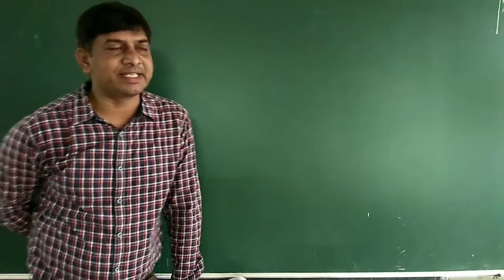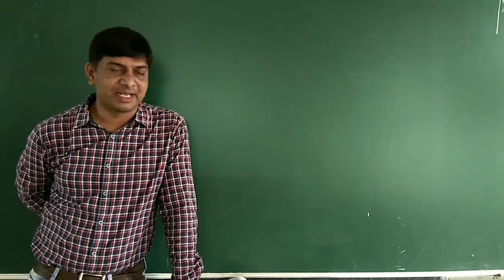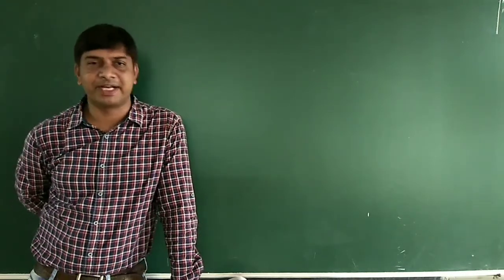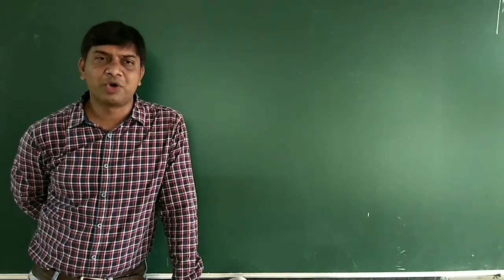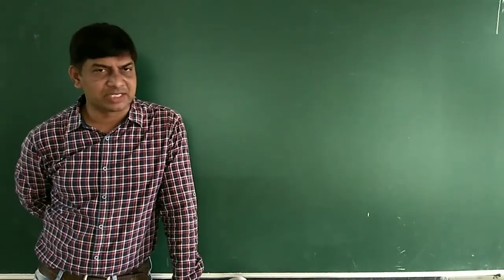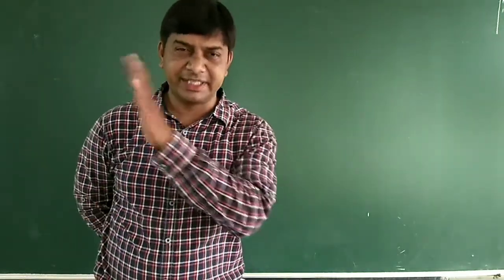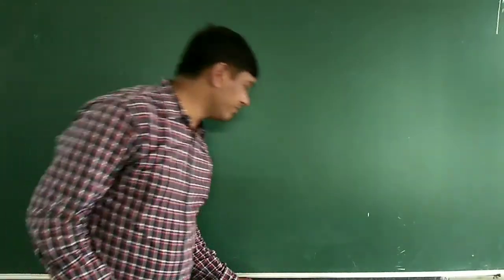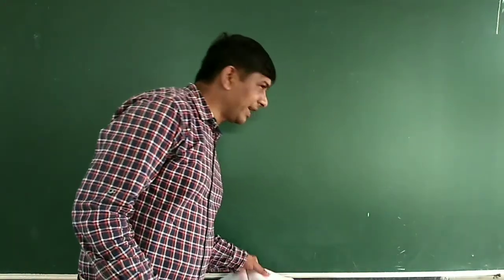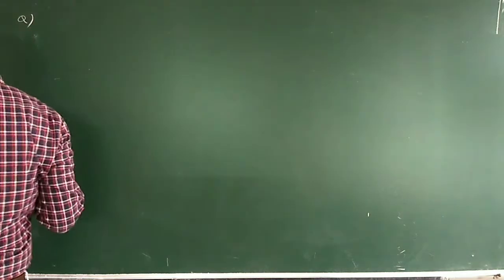Using the similarities in a trapezium, if the diagonals of quadrilateral ABCD intersect at a point O, then AO by OC is equal to OB by OD, which we also proved. In both ways we proved it, using the BPT and using the similarities. I am just doing some recall of the applications of the similarities. One problem I will discuss and later I will move to the next concept. So what is that?